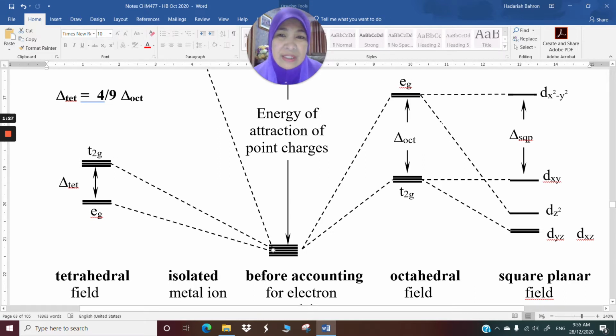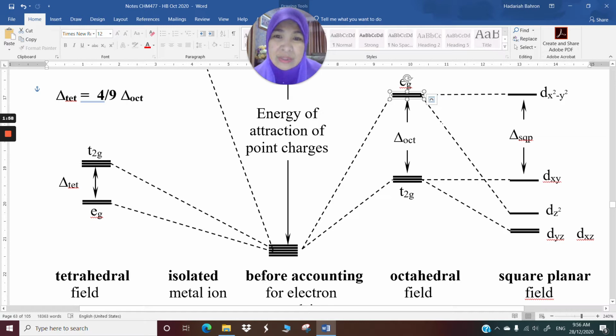Splitting will occur as a result of the repulsion of the electrons in the metal with the ligands that are located at the 6 corners of the octahedron. So the EG orbitals, which are the dx squared minus y squared and dz squared, will be destabilized, having higher energy,